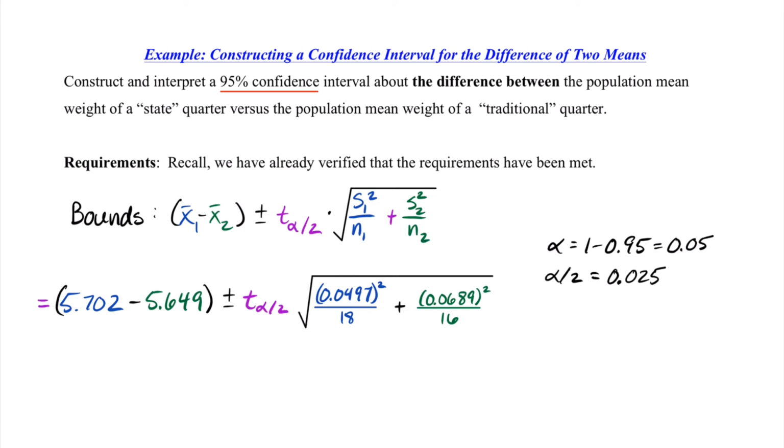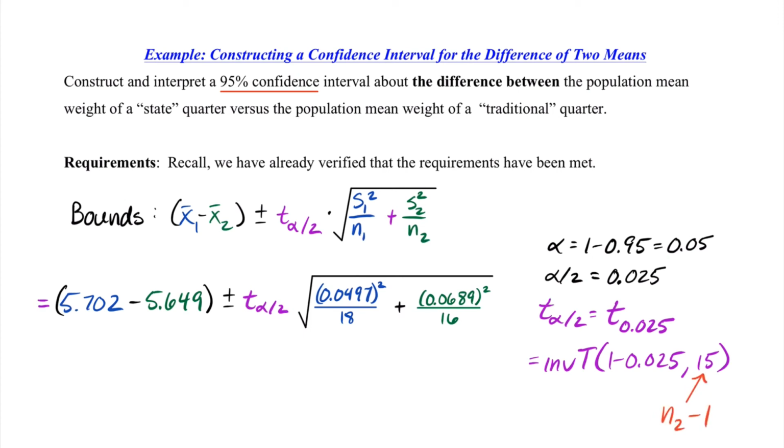Well, if that's okay, then we're trying to find t sub alpha over 2, which would be more specifically a t sub 0.025, and that means we need to use our inverse t function, with our 0.025 being the area to the right of our critical t value. So we're inputting inverse t, 1 minus our 0.025, and our degrees of freedom is again 15, which would be the smaller of our two sample sizes, minus 1. If we input that into our calculator, we end up with a t sub alpha over 2 of approximately 2.13,